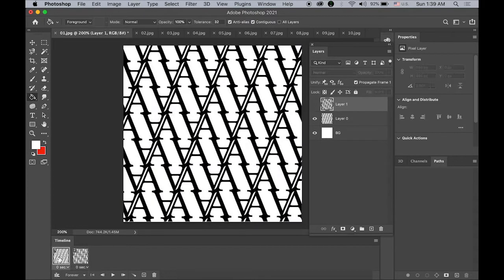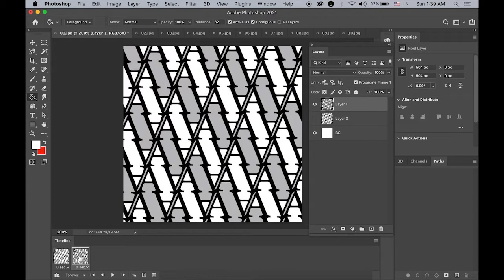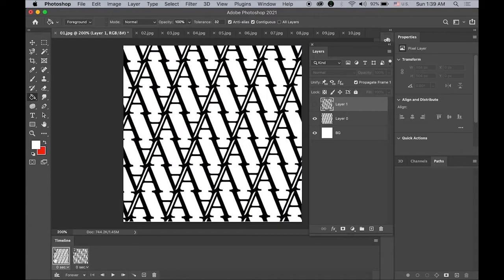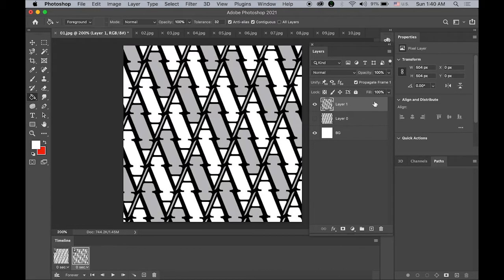Okay. 1, 2. So you can compare this timeline panel with this layers panel. So now you can see that frame number 1 is corresponding to layer 0 visible. Frame number 2, layer 1 is visible. Same way,